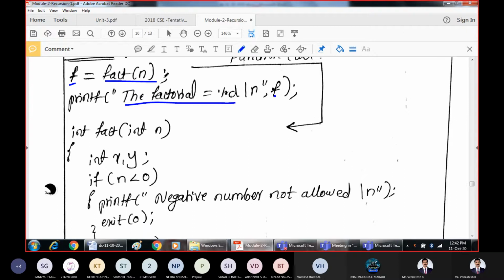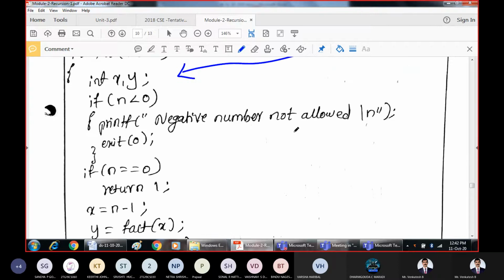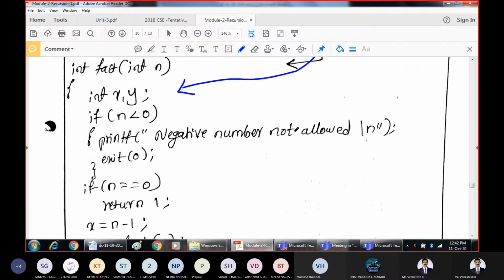That means we call this factorial function, and this is where the definition of the factorial function is. And here we have to call the function recursively. Whatever value of n is passed here, in the theoretical extension we have seen the value of n as 4. Whether you pass 4, 5, 3, whatever number, we have to find the factorial of that number by using the recursive procedure, which means we are calling the same function again and again.